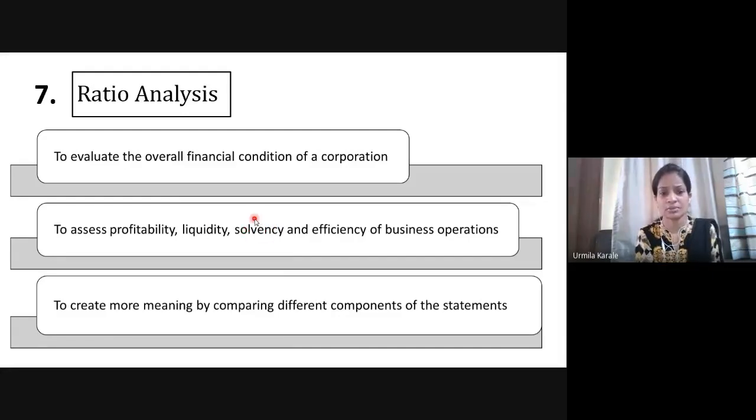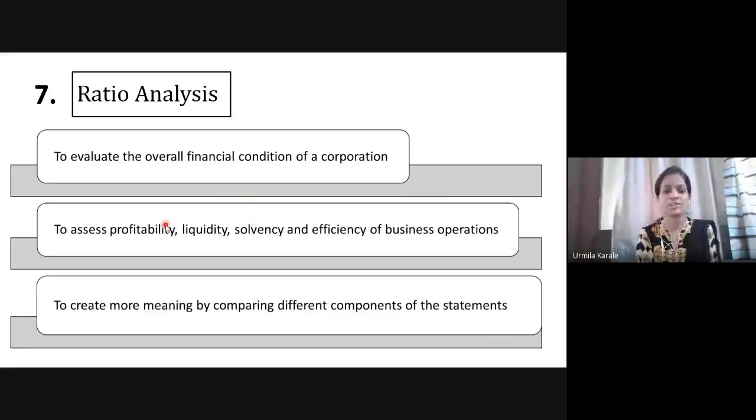Now next is solvency, in the same way. In the short term we compare current assets and current liabilities. In the long term, we are comparing the fixed assets and other assets and properties with the liabilities in the long term. Now what will long-term liabilities be? You may have taken some loans, you may have borrowed capital in terms of debentures and so on. We are going to compare that part, right? Equity, meaning your own funds, with the borrowed funds, we are going to compare in solvency, right? So these three sets of ratios will basically talk about the financial condition of a firm.